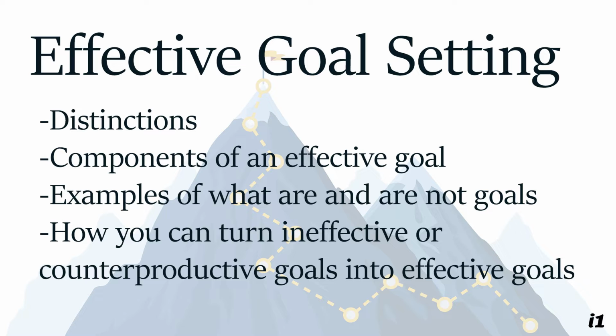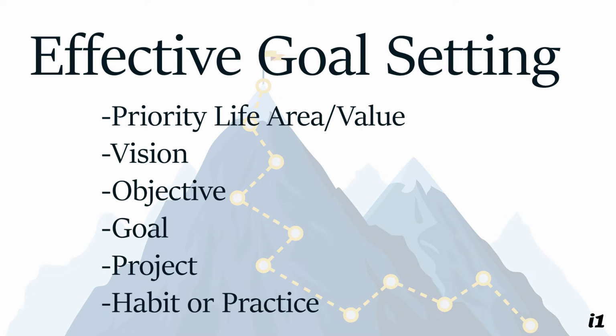So, we're going to make a distinction between a priority life area or value, a vision, an objective, a goal, a project, and a habit or practice. Why are we doing this? Well, it's been our experience that folks will interchange these and effectively disable the goal setting process. So let's work on eliminating that obstacle by starting at the top of the food chain with our values or